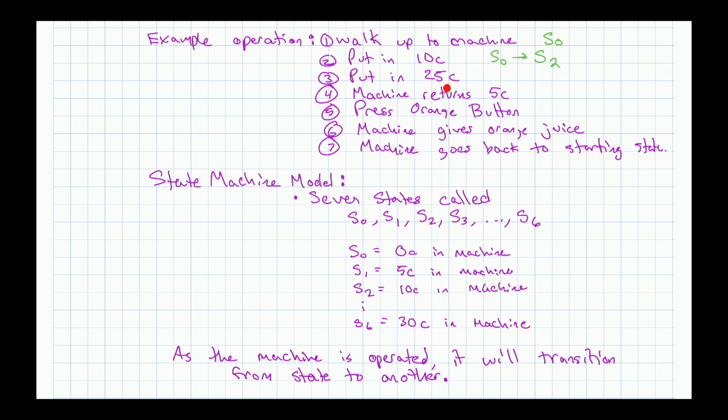So when we put this 25 in, going from 10 to 35, we're going to be at S6. But we're going to go to S6 and also return 5 cents. So the machine is going to output